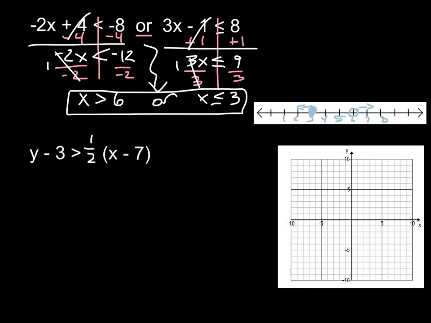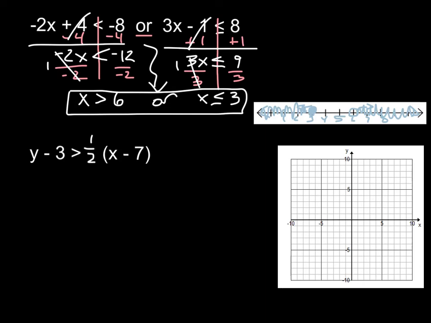Okay, so where is it true that x is greater than 6, or where x is less than or equal to 3 means we are going to be able to shade this entire side of 6, and we'll shade this entire side of 3. So any values that are shaded greater than 6 or less than or equal to 3 will be true for the inequality, but anything in the middle, anything in here, will not be true for that